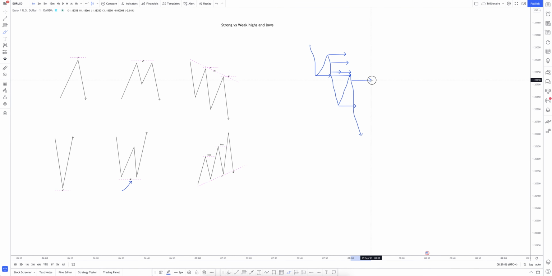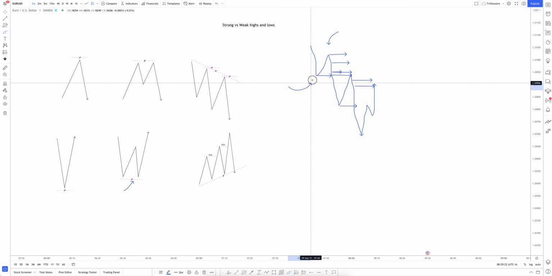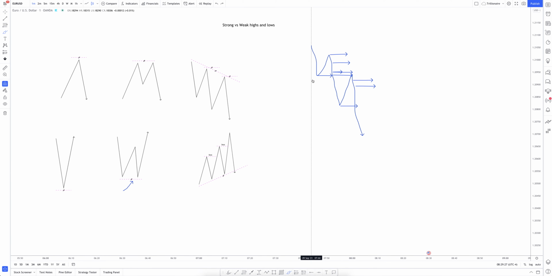That is very, very important, guys. When you're within a downtrend, you expect your highs to be strong and your lows to be weak. What this means is your highs are going to be protected and your lows are going to be targeted. So that's what that means. Let's now flip it and let's look for